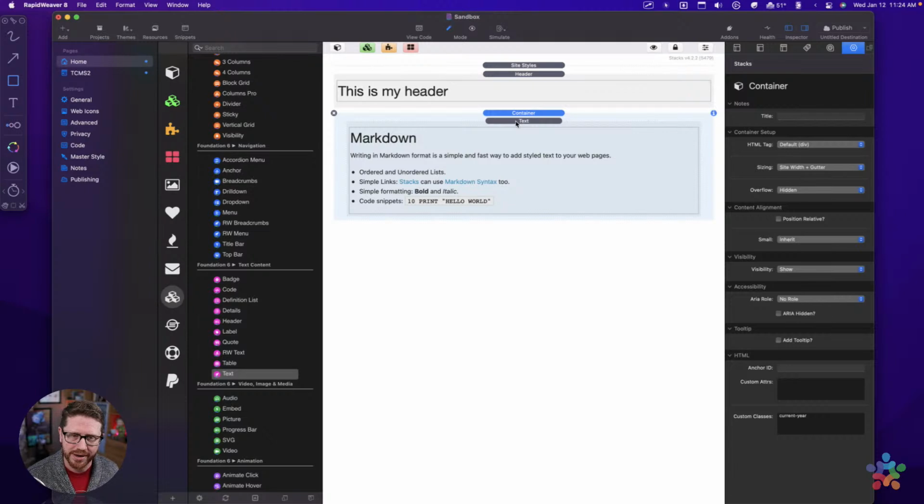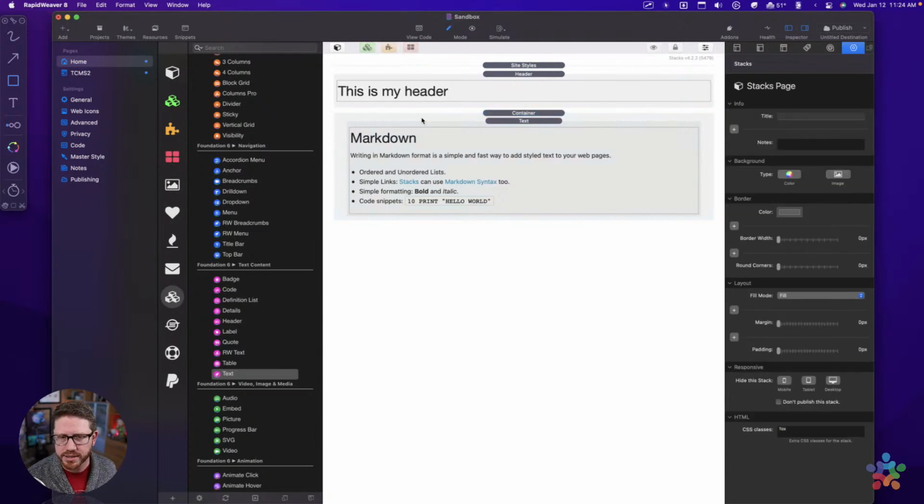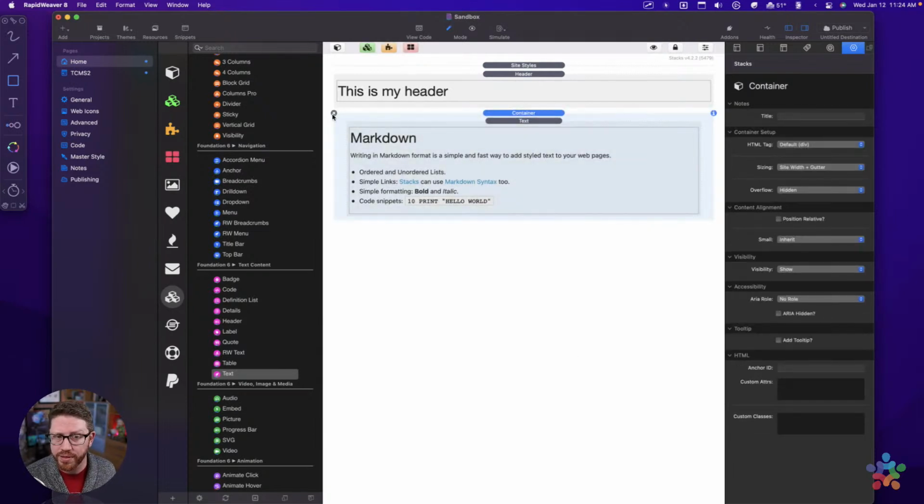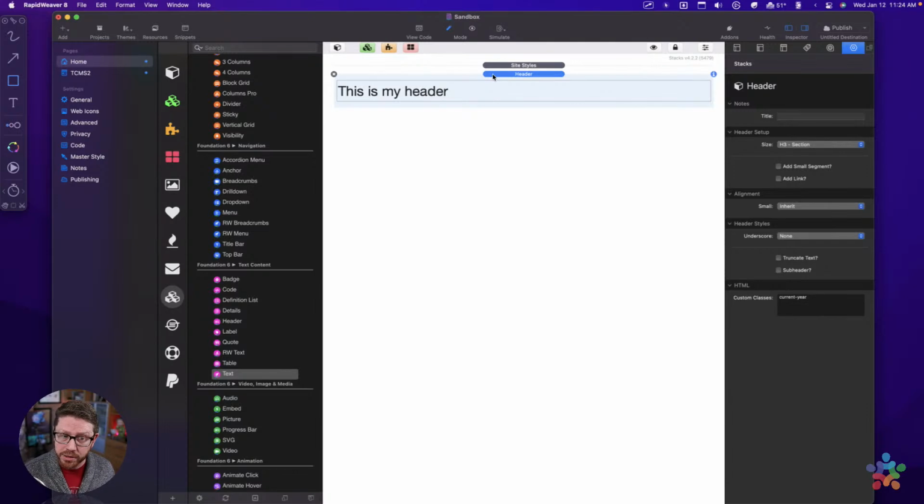Right. So just to show you, this isn't valid. I wouldn't recommend you ever doing that. It makes zero sense. But I just wanted to show you what applying that class does: it completely replaces the contents with the current year. Okay. Now,